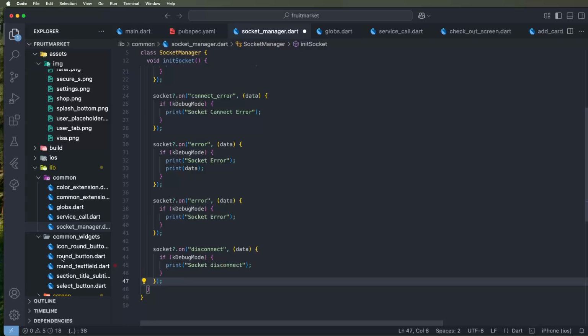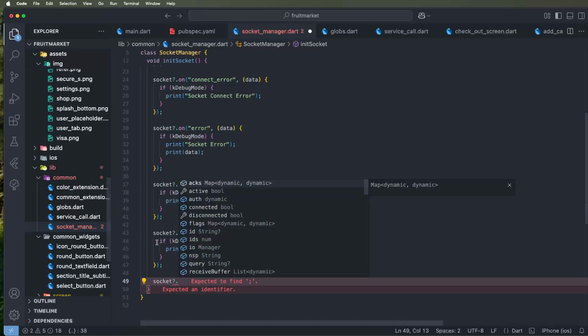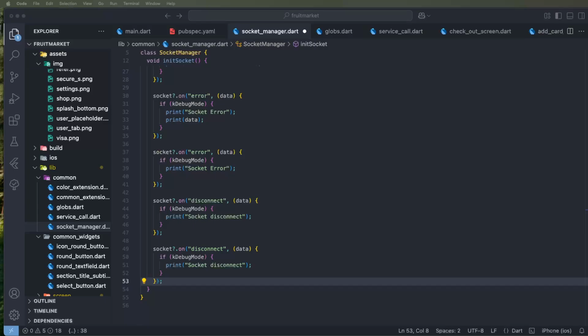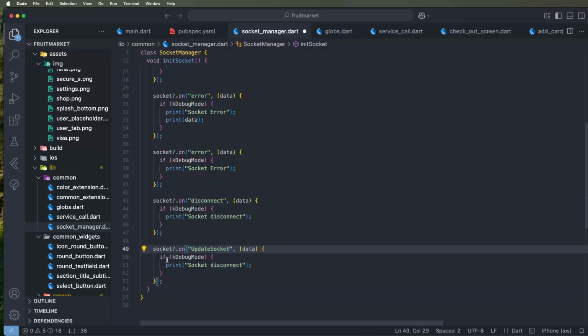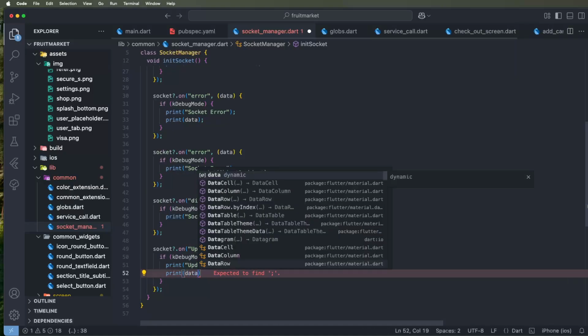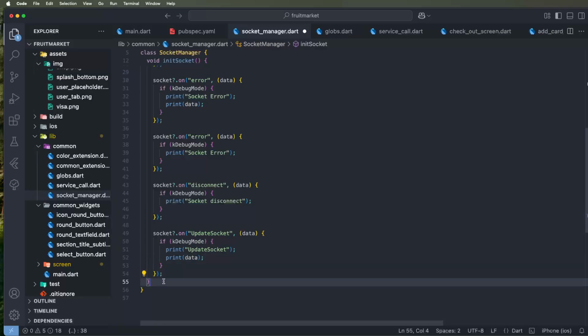And the last method we need to develop here, the socket.on methods. We need to set this here, the update socket, and we need to set it like this here, set the data like this. Now we need to write down the future functions. We need to develop for these methods. We need to create here the